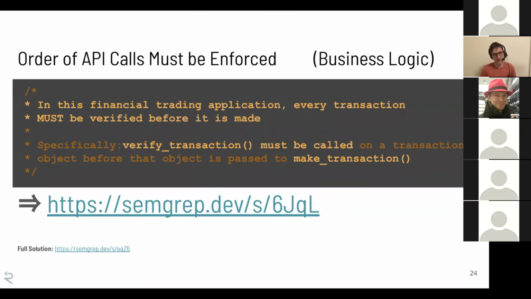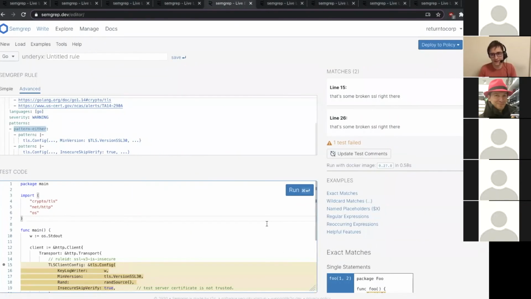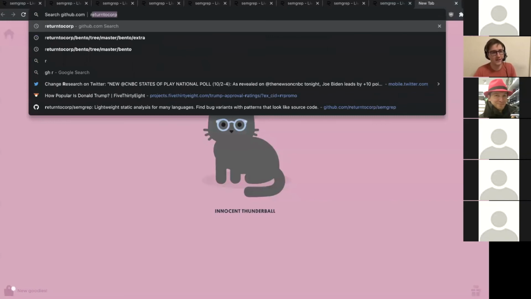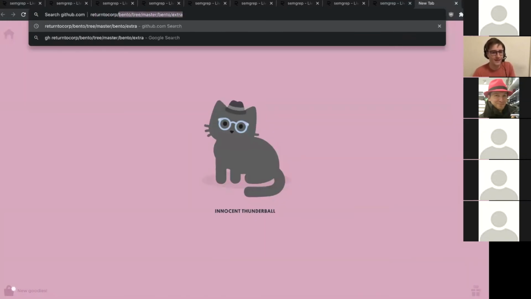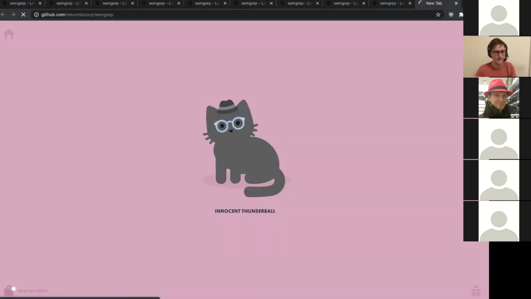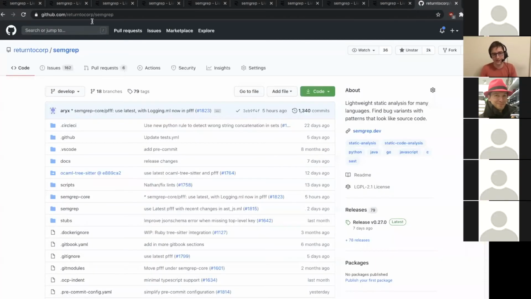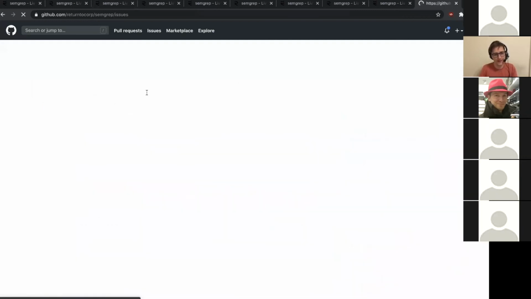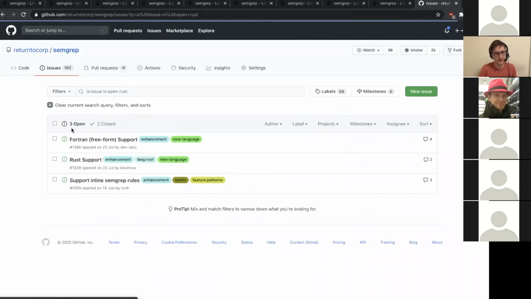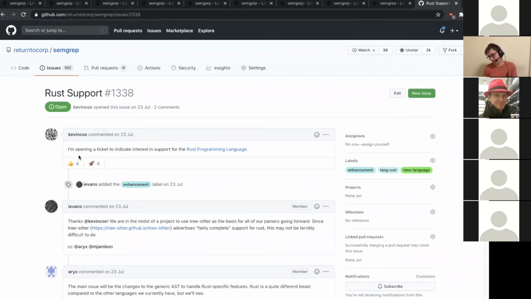So right now, it's kind of like a popularity contest on our GitHub repository, which, if you want to create an issue right now, you can find at returntocorp/semgrep. You can find it also by going to semgrep.dev and clicking the GitHub link. So your best bet would be opening a GitHub issue, where we have, let's say, an issue for Fortran and for Rust. And the work involved with introducing a new language is actually not insane because we found